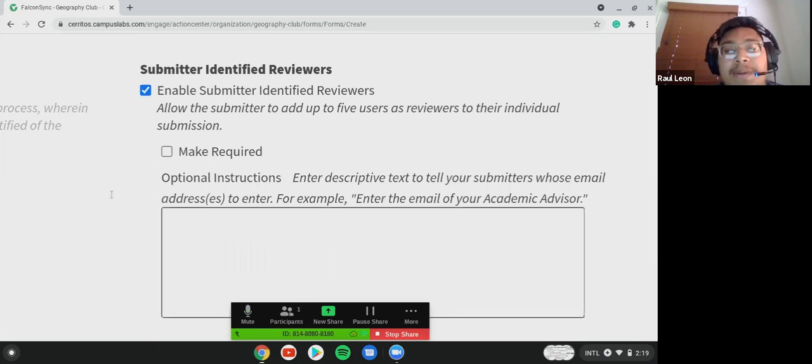That means you list 5 people, enter their name and their email, and then they'll have access to look at that form. You can see here the example of the email of your academic advisor, or it could be the email of whoever you're giving access to review that submission.